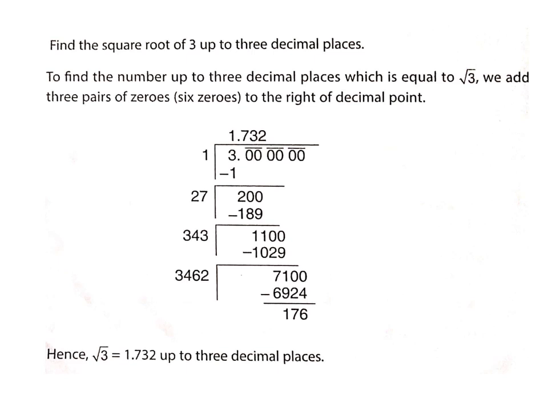Bring down the two zeros and multiply this 343 plus 3, it gives you 346. Then put one by one numbers there. After 6 you will get 2, so that 2 you have to write on the place of the quotient, so it gives you 6924.